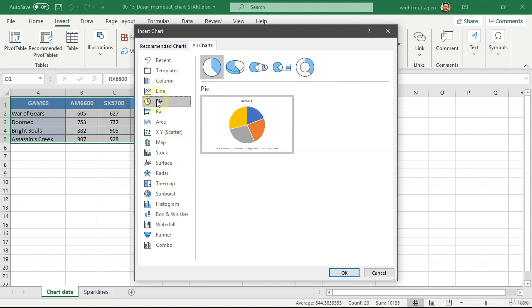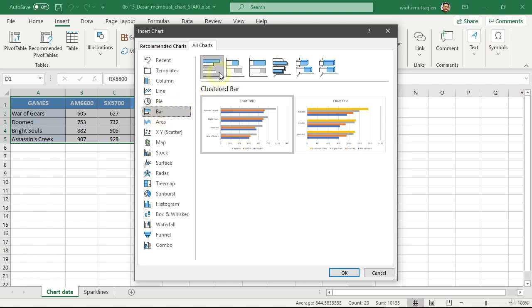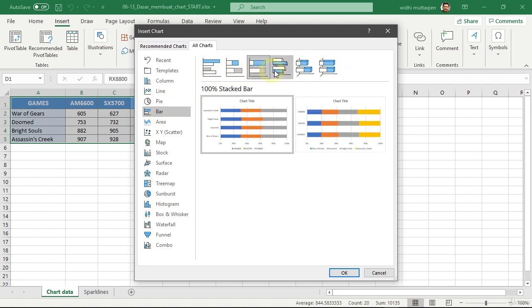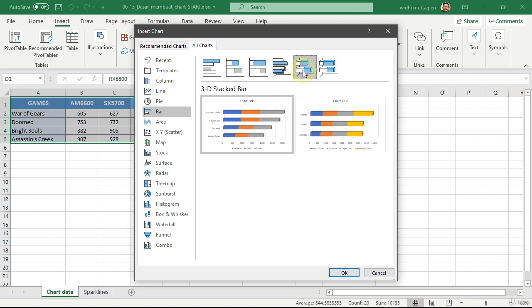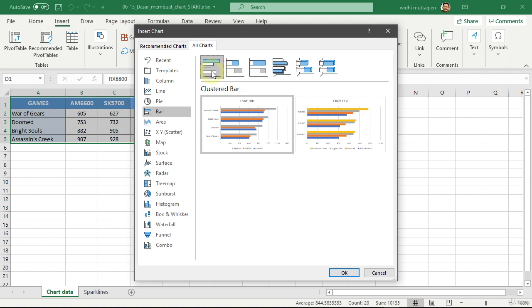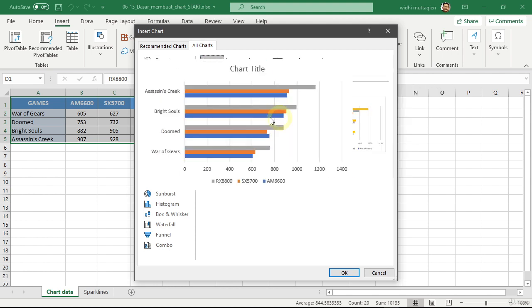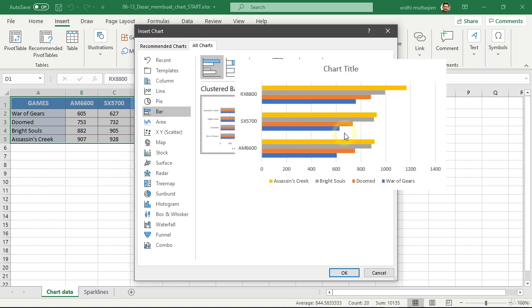For now, I want to use the bar category. Here, we can select one of the variants. Perhaps you prefer the 3D style chart, and so on. I pick this one at the left. Then, the final step is to determine which data will be used as the primary data and which will be the secondary data. We can see that this option at the left will make the names of the games the bar group, and each GPU becomes the small bars. While this option at the right is the opposite. The bar group is the GPU name, and the games become the small bars.